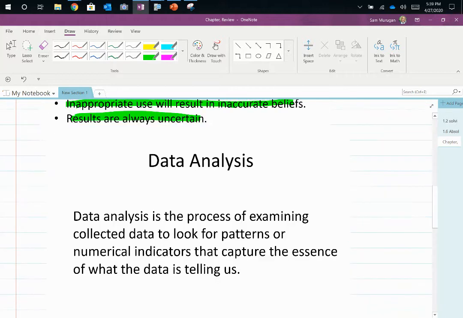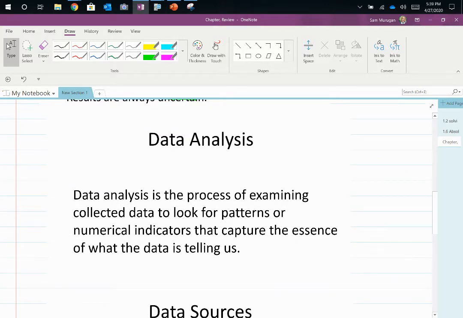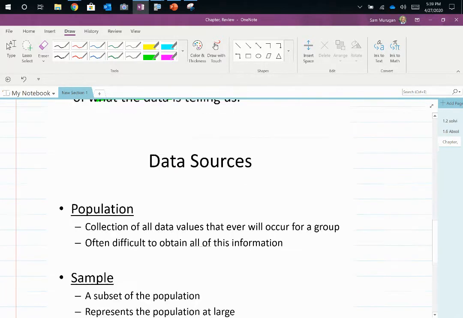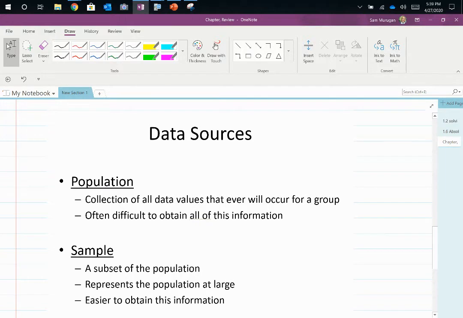Now we can talk about data analysis. Data analysis is the process of examining collected data to look for patterns, numerical indicators that capture what the data is telling us. And this is really important here. The data sources. A population refers to all data values that will ever occur for a group,